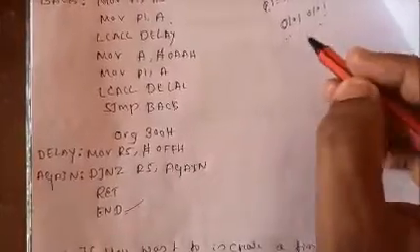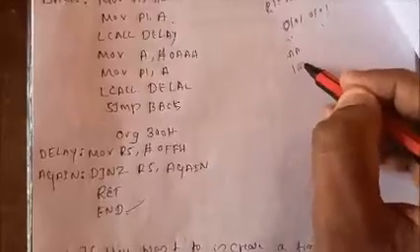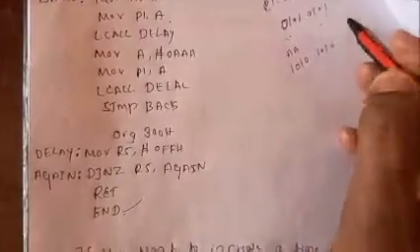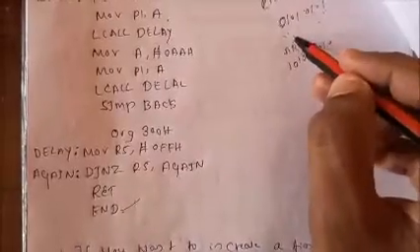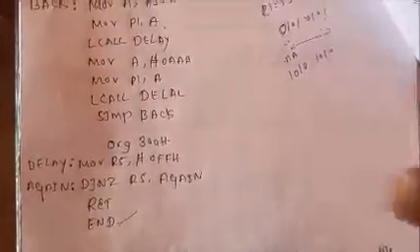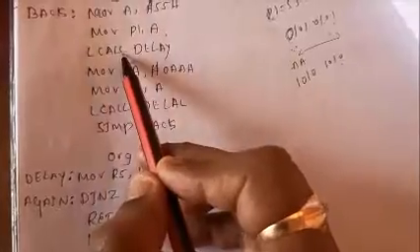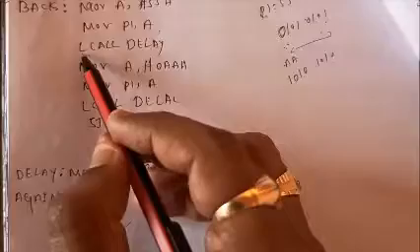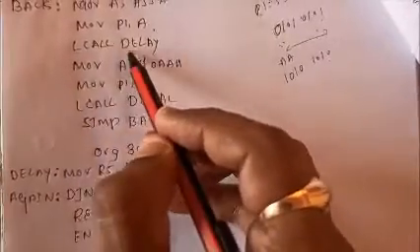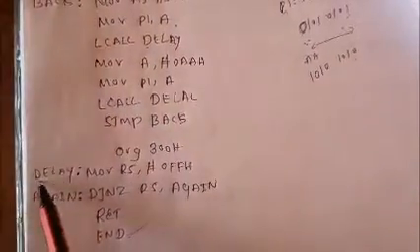So next, I need to switch to the double A. What is the value of the double A? 1010, here 1010. I need to switch from here to here. But in between these two, I need to give some delay to make clearance in the switching. For that, I will use the LCALL delay. This is a call function, long call. Delay is the label I am going to use here. This instruction is LCALL, long call, delay. This is the label where I have written the delay label.